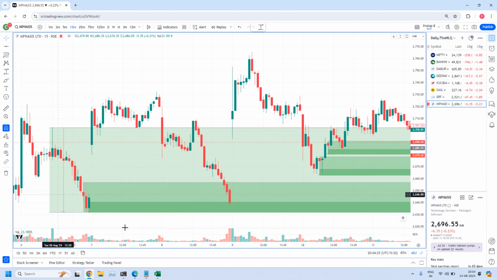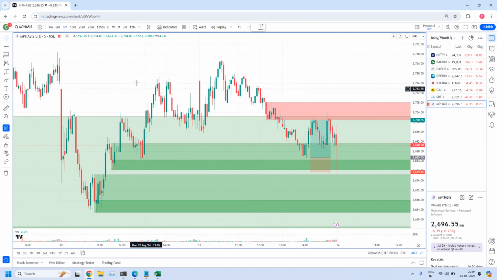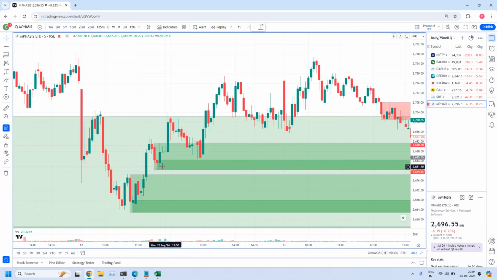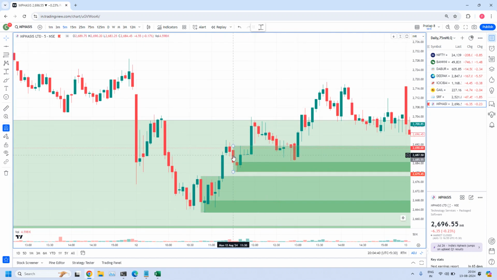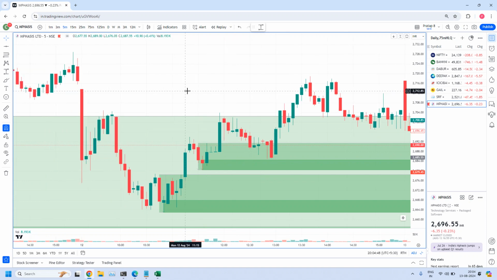So this is another 15-minute zone. We have 3 15-minute zones inside the 75-minute high liquidity zone. These 15-minute zones you need to fine tune with the 5 minutes time frame. So this is the first 15-minute zone. Inside we have a 5-minute zone, drop, base, rally. We have a drop, base, rally.